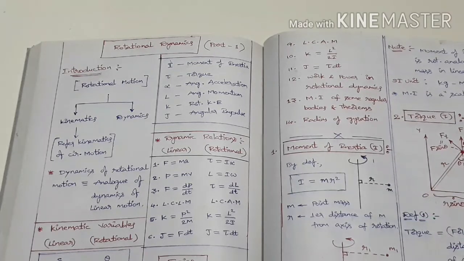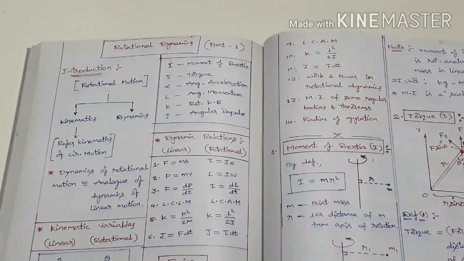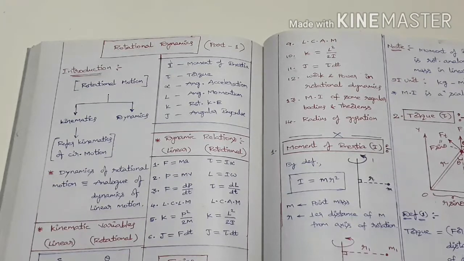of inertia. That is, if a body is in a state of rest, it is difficult to keep it in motion. If a body is already in motion, it is difficult to change its state of motion. Similarly, here, if any body is in a state of rest, it is difficult to keep it in rotational motion, or if it is already in rotational motion, it is difficult to stop it and bring it to rest. Some external agency is required. Okay, so the role the mass plays there, the moment of inertia plays the same role here. Therefore, moment of inertia is the rotational analog of mass.